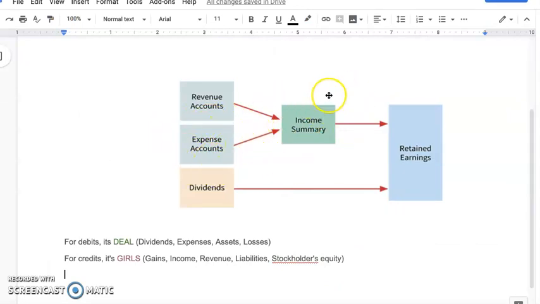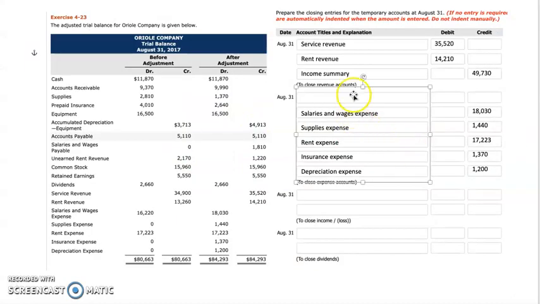These also close out to income summary. So that is what we're going to put up here. Okay, and like we did previously, we have to zero this out, so you have to balance it. We're going to add up all these numbers, and that's what we're going to debit to income summary. If you add all those numbers up, you're going to get